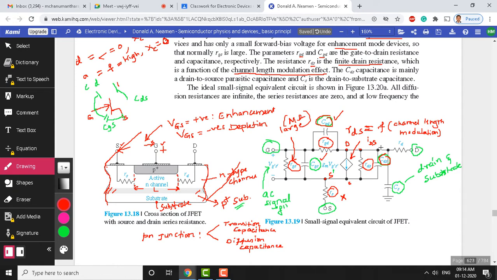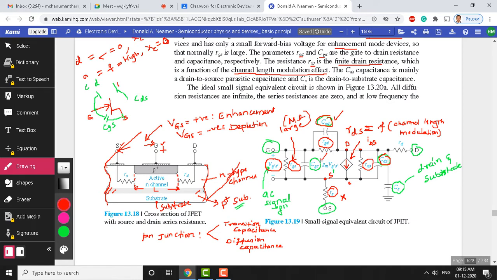Okay, and look at this IDS. IDS is equivalent to what? According to this equivalent circuit, it is equal to GM times Vg'S'. This is a dependent current source. The current that is flowing here depends on the voltage we apply here. It is an AC voltage. If you apply a larger voltage here, definitely you will get a larger current here. It all depends again on the transconductance of the device also. Don't only look at the voltage point of view.